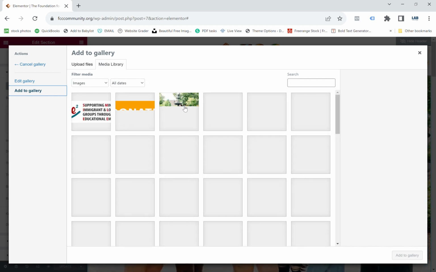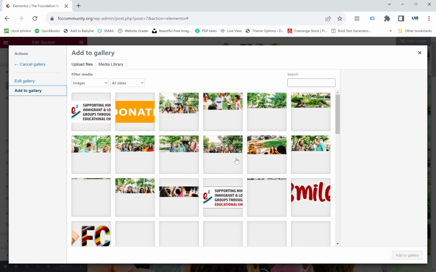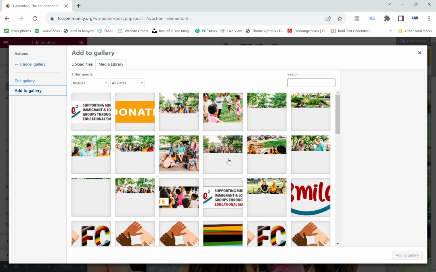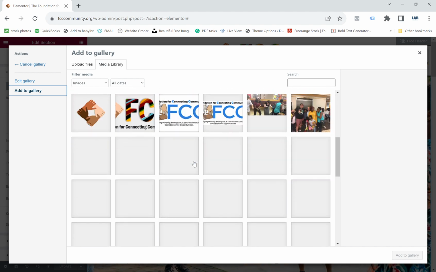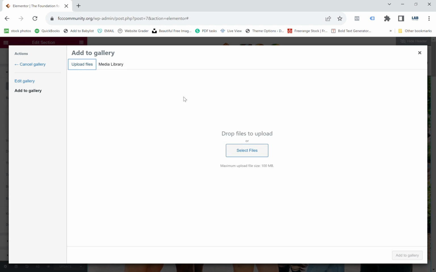So at this point, you have two options. You can upload an existing image. So every image I've uploaded to the website to date is in here. So if you wanted to reference another one, or if you have a new photo, you just go to this tab, click on Upload Files, select Files, which then will bring you to the files on your computer. Select whatever you want, and then the Add to Gallery button will be lit up, and just click on Add